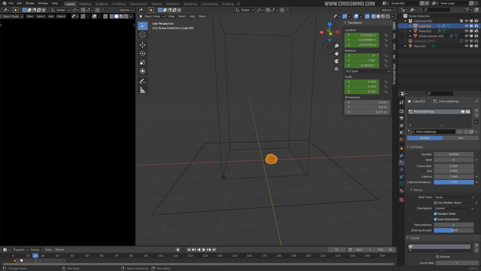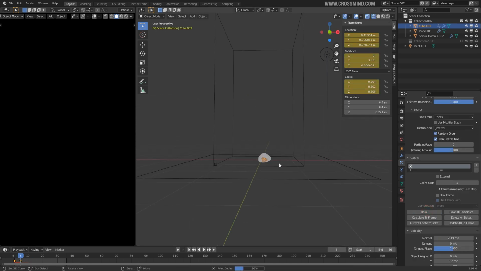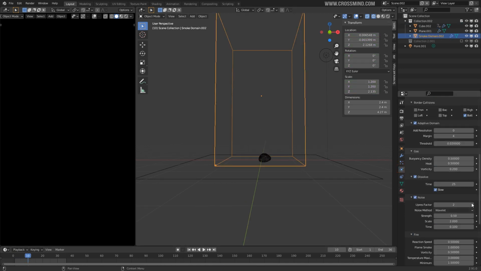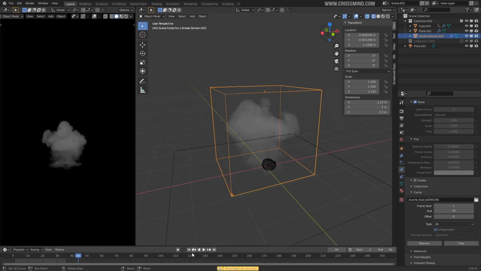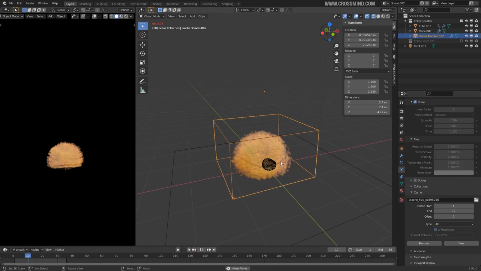Basically I'm trying to randomize all this stuff, and let's just bake our simulation, I mean the particles. Now if we increase the resolution and bake everything, so here this simulation is on the 128 and the results